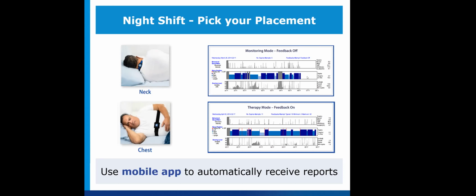And because we're measuring position, some people are using this in what we call the feedback off mode in order to look at oral appliance titrations. And then with the therapy on, you start being able to see how many times they attempted to go supine, what was the typical response, meaning how many times did it typically take them to get off their